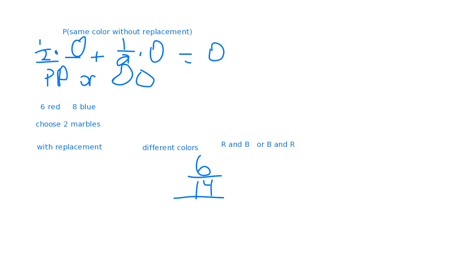Okay, so this is the red. And, because we're picking 2, a blue. Well, there's still, and we're putting it back in anyway, so there's 8 ways to get a blue, and there's still 14 marbles because you're putting it back. It's with replacement. This is the number of ways to get a blue. Or means add. We could get a blue